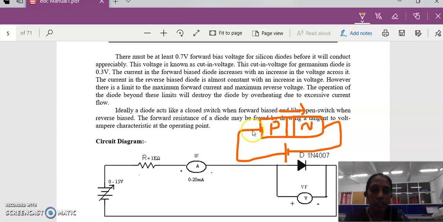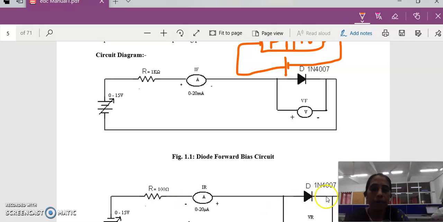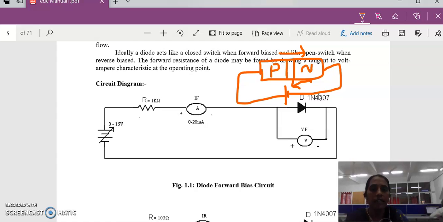Already we know that current flows from high potential to low potential. At this point, the majority charge carriers are electrons. In this case the electrons get accelerated and penetrate through the depletion layer. As the depletion width is maximum, only a very small current flows. This current we call the reverse saturation current, and that current is very small. Now this is about the operation of the diode.